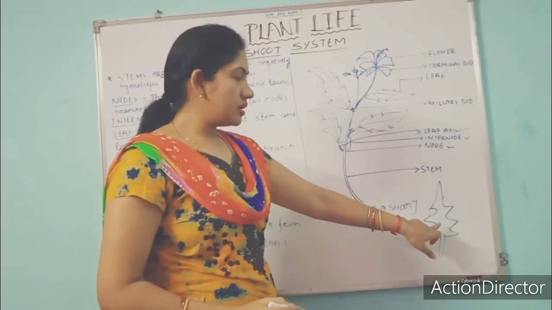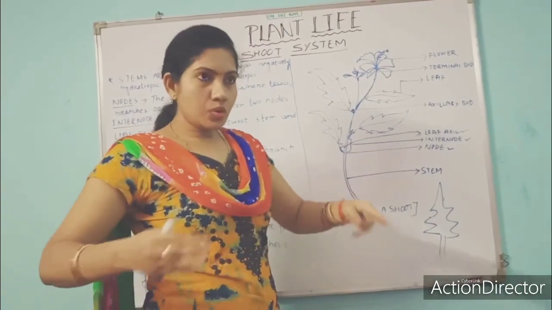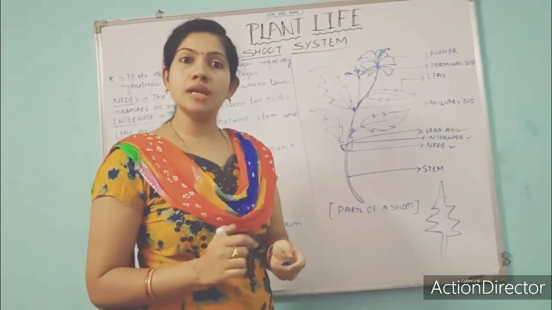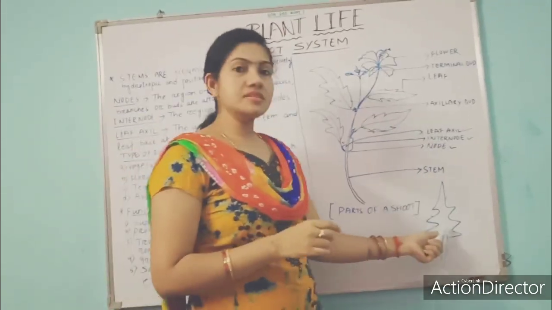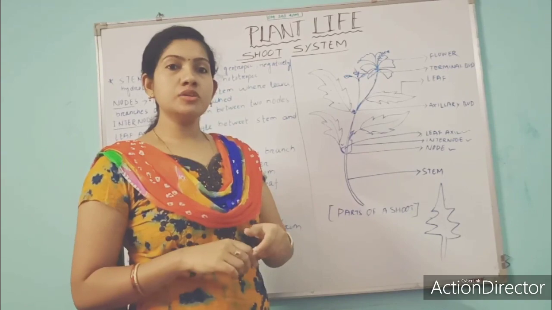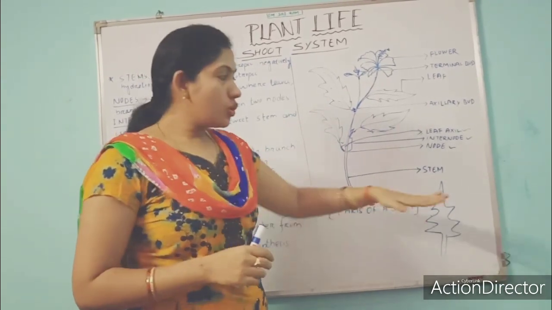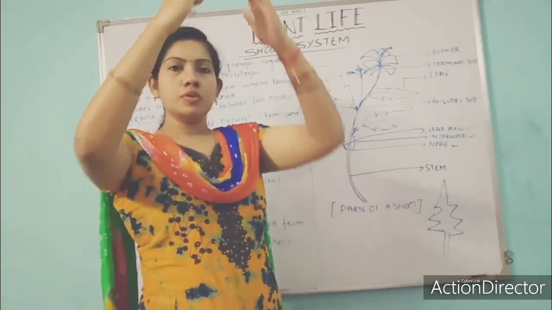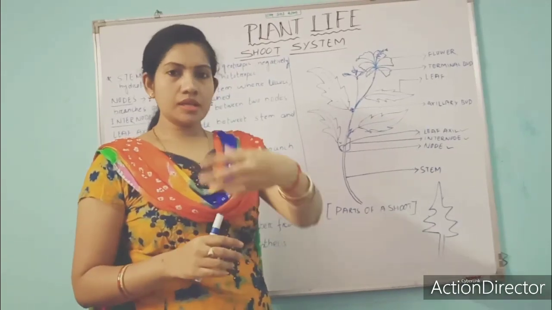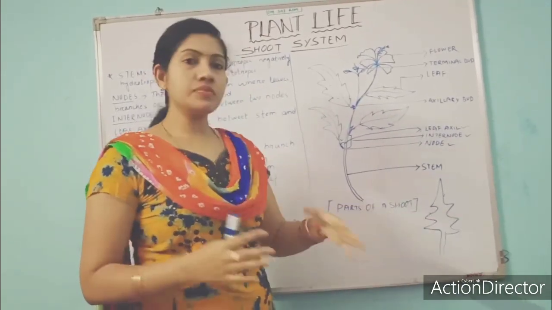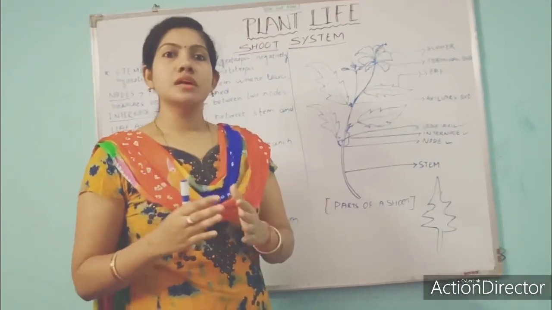These plants generally form a cone-like structure. Okay, they will form a cone-like structure. These kinds of plants we can generally get in cold areas. So why do they have this structure? Why are they forming it? You can take the example of a Christmas tree. Why are they forming a structure like this?